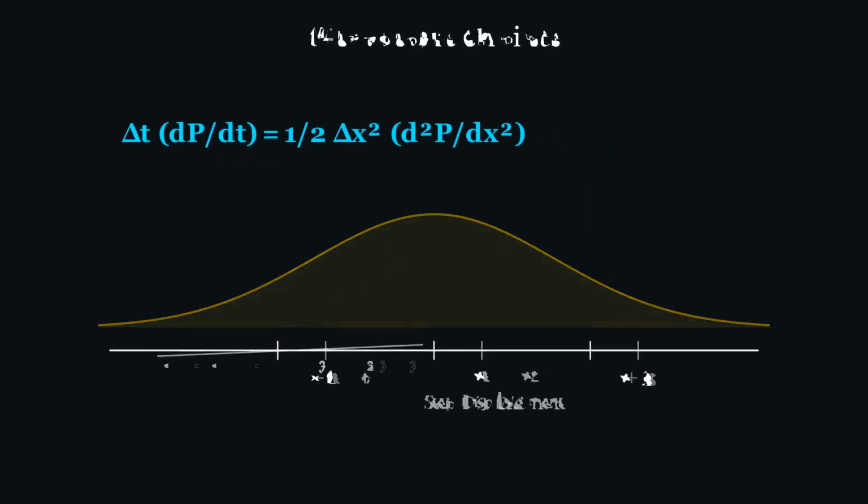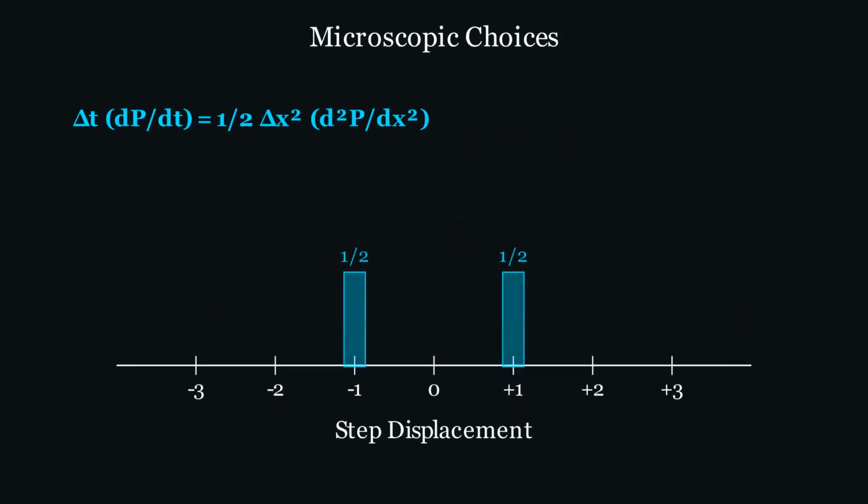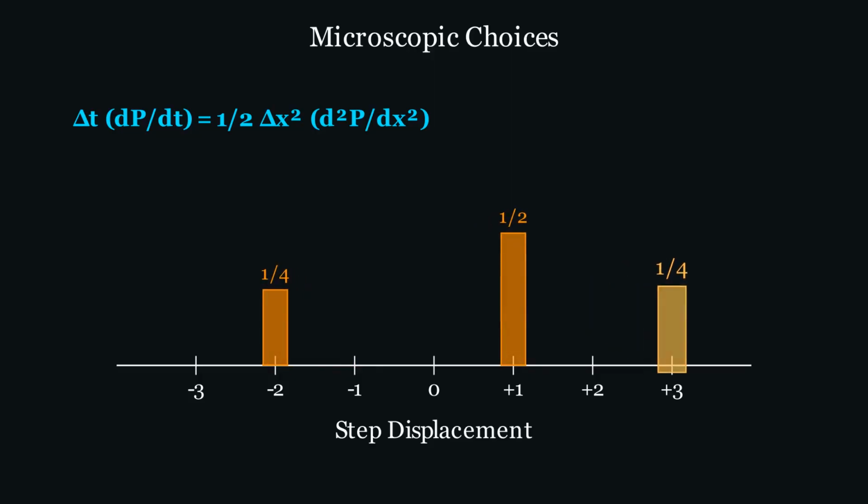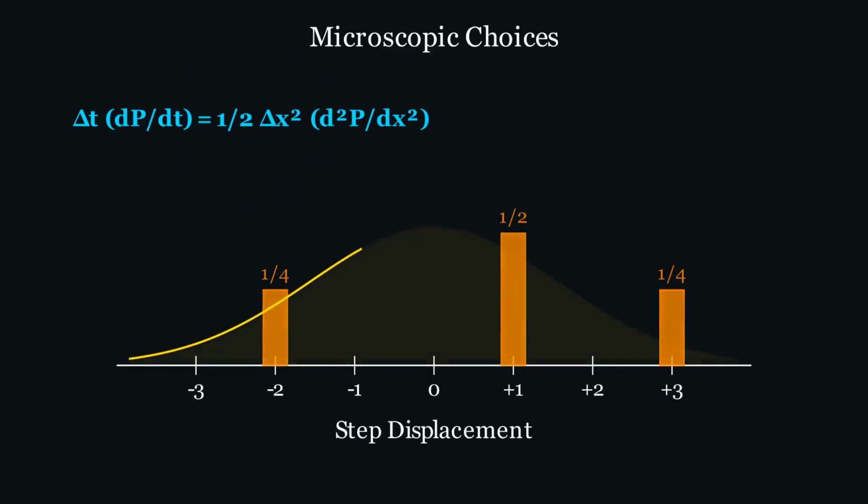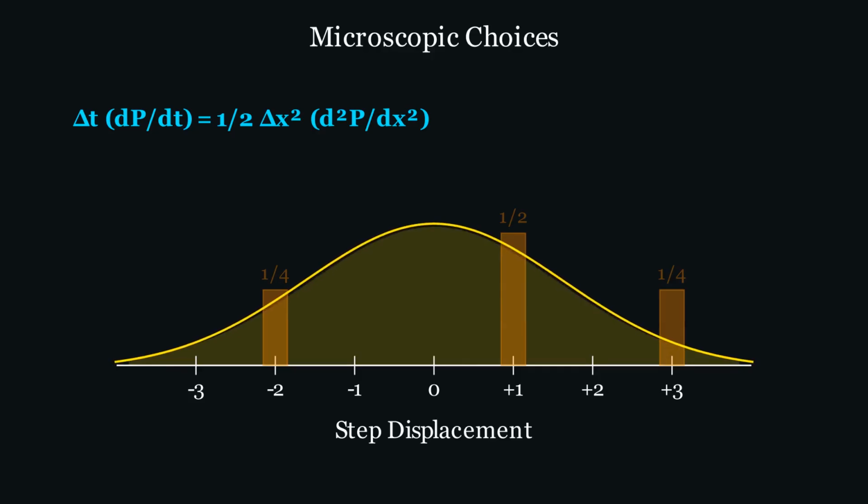Up to this point, we assumed our particle takes neat equal steps of length 1 to the left or right. But real fluid collisions are far dirtier. A particle might get struck hard to the right, nudged gently to the left, or barely moved at all. You might worry that changing these microscopic rules would alter the macroscopic picture entirely. Remarkably, it does not. Whether steps are symmetric coin flips or wild, irregular leaps, the macroscopic distribution of a large collection of particles always converges to the exact same smooth shape.